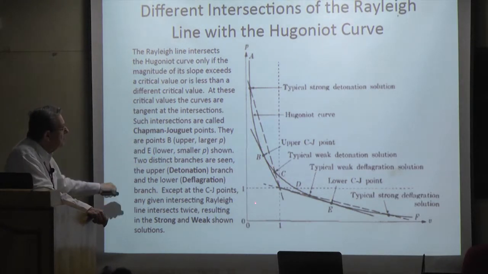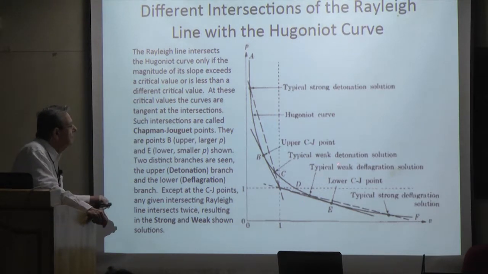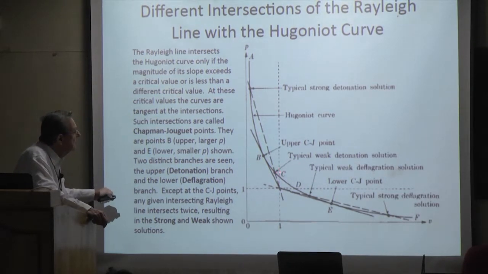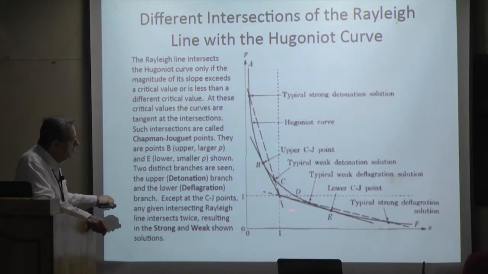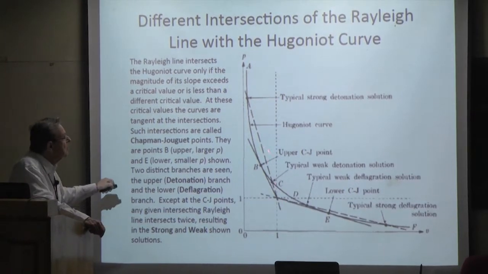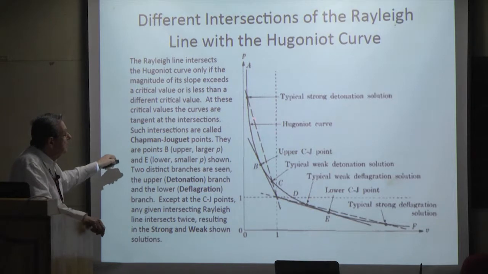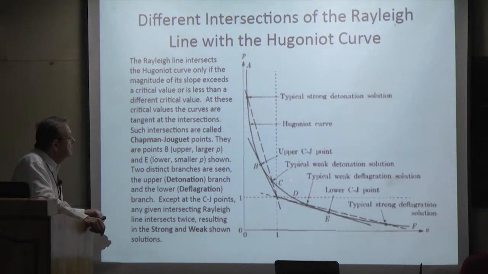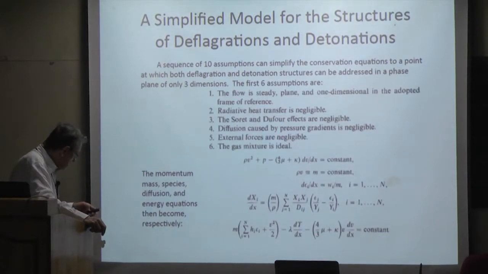You can't have a slope this way because that would be a non-physical situation. That would be a negative slope. So the intersections on the lower part are deflagration intersections. The intersections on the upper part are detonation intersections. Okay, but there are two kinds. Then, if the change is